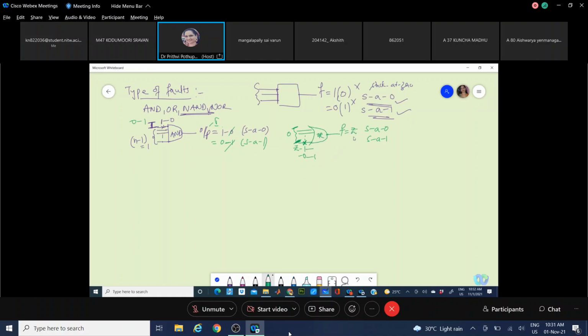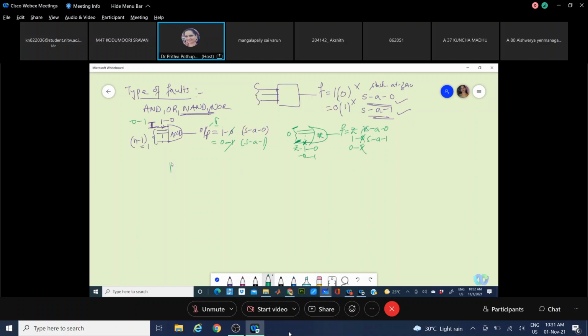See, for the first one, it should be 1; if it goes to 0, it is faulty, and stuck at 0 is found. If you are testing for stuck at 1, tie this to 0. If it is fault free, the output will be 0. Else, if there is a fault, your output will not be 0, it will be 1. So stuck at 0 and stuck at 1 faults are detected.